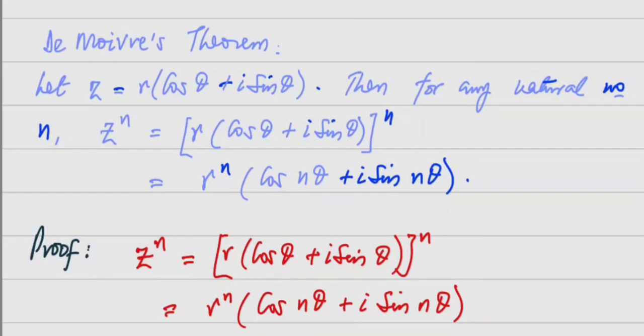Now, we can do away with our z. So we now have this one equals this, the left hand side and the right hand side. So using the principle of mathematical induction,